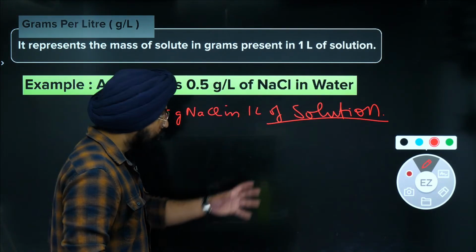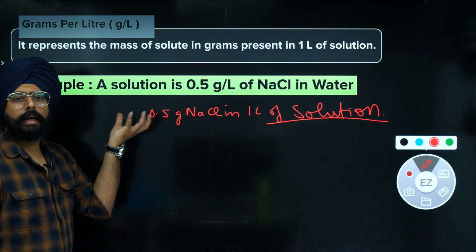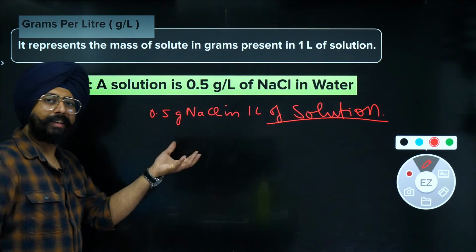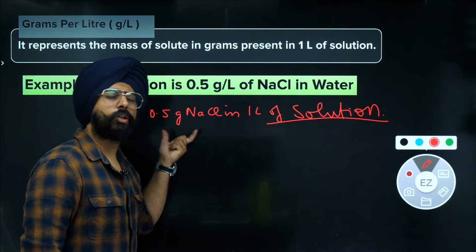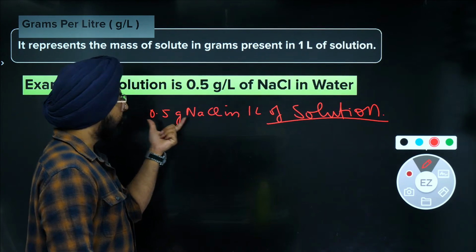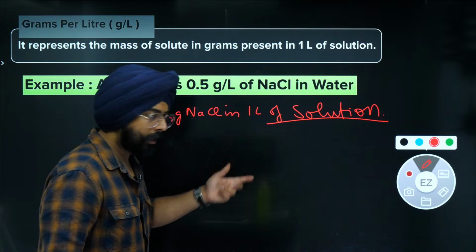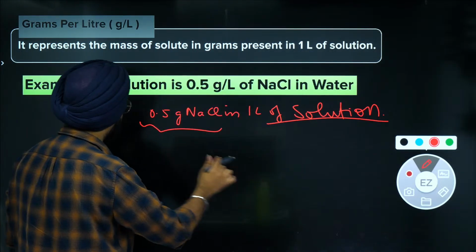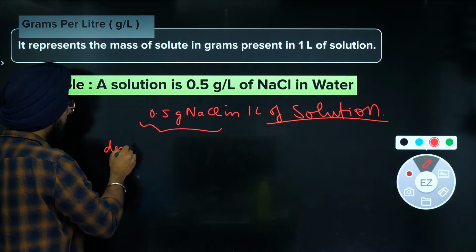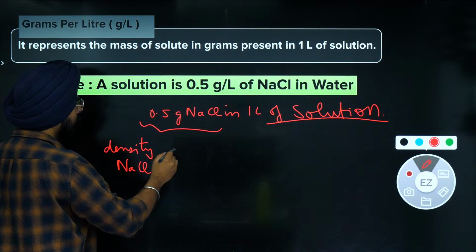Total solution consists of water and NaCl. Right now we don't know what volume NaCl is occupying because we don't know the density of NaCl. We just know the weight of NaCl. If I give you the density, okay,